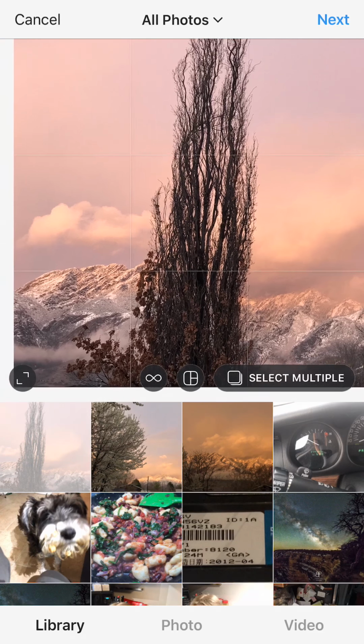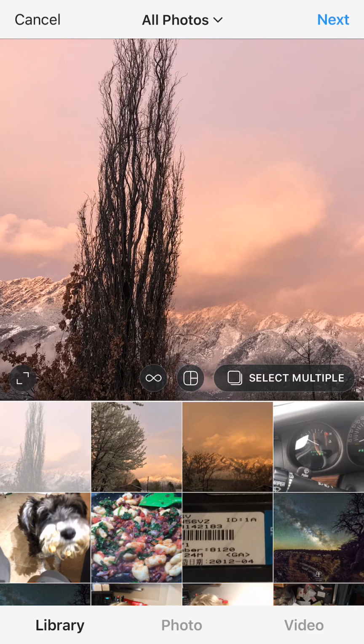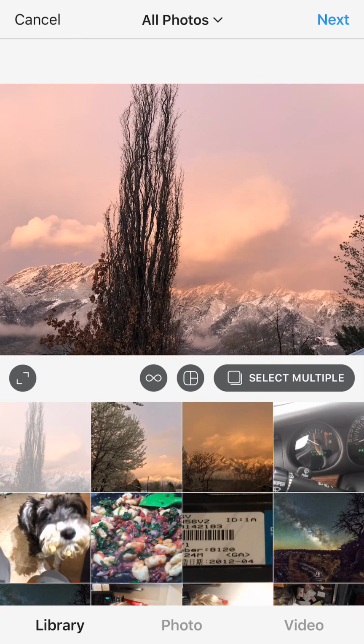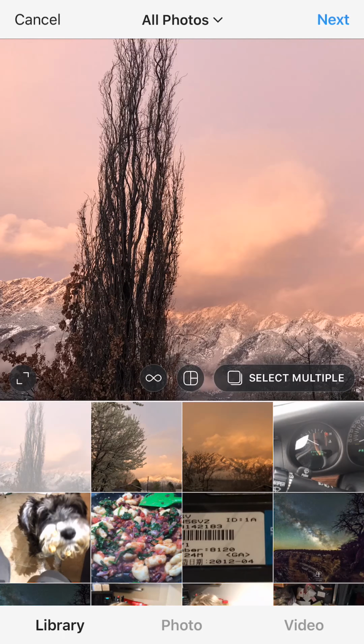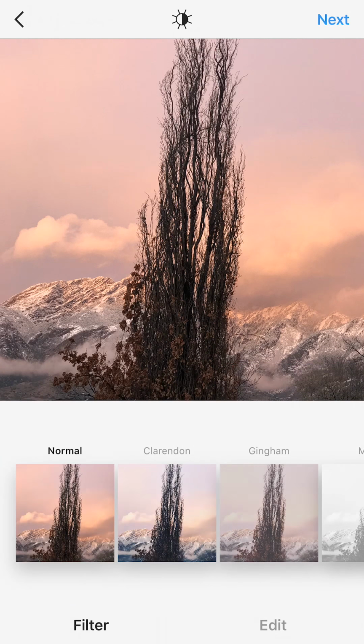crop it. If you want the full crop, just hit that bottom left-hand icon with the two arrows, and you can do a full picture, because a lot of times the iPhone will take a wider picture than what Instagram typically wants to do with squares. So this one's fine to be square cropped, and I'll move it over because there's a house over there that I don't want to have in the frame. So there you go. Pick that, hit the next button at the top right, and then what you're given here